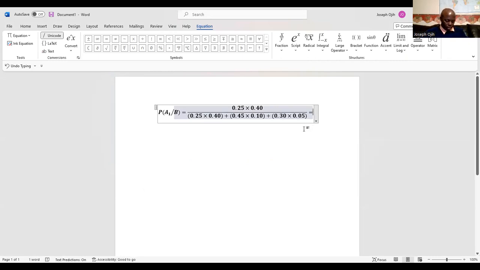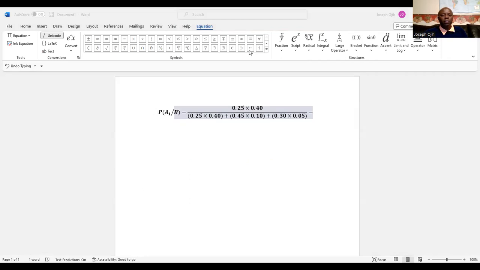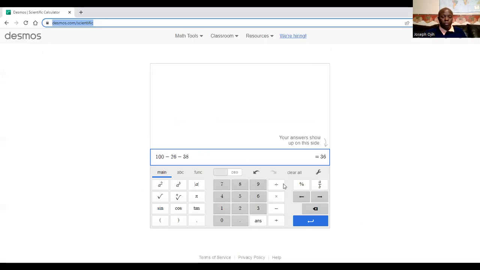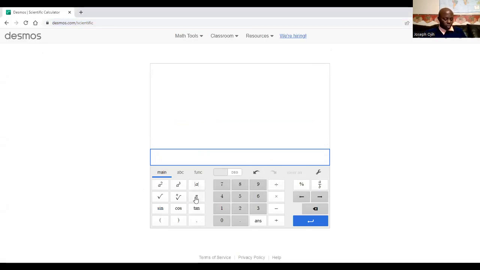Calculating this, we go to our calculator. Where is the calculator? It's right here. Like I said, I wrote it on paper, so let me just follow the paper. So we have 0.25 times 0.40, divided by 0.25 times 0.40